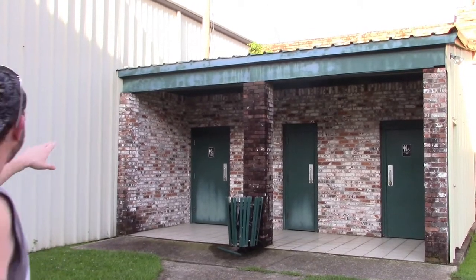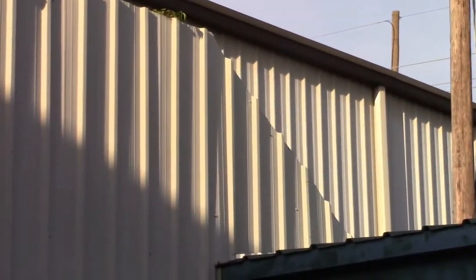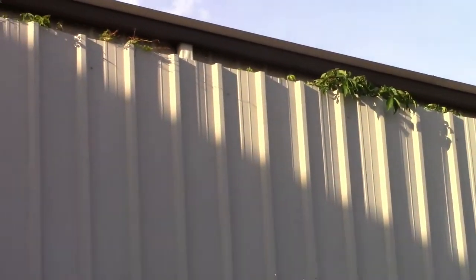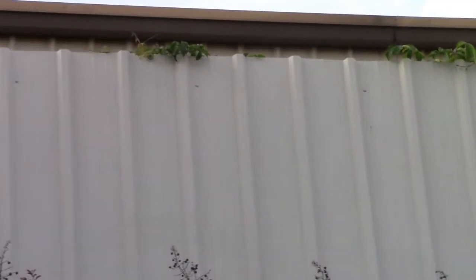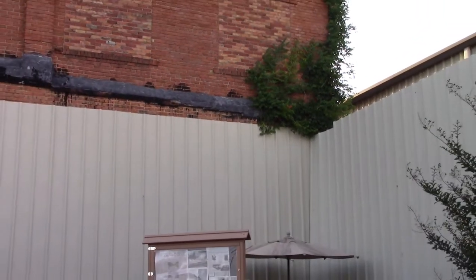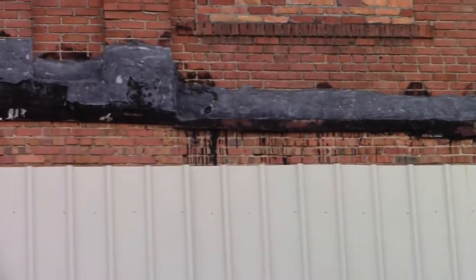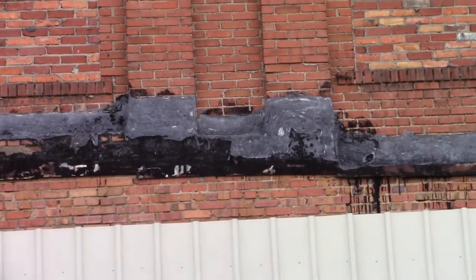Now, if you look up here, you can see that the sheet metal there, it's kind of a facade, a false back, just to kind of close off the lot. You can see on the building over there, which is now the thrift shop and Luigi's restaurant, the sheet metal only goes up about halfway. And again, I'm no architect. Maybe it's sheet metal, maybe it's not. I don't know. But what's interesting to note, this right here,